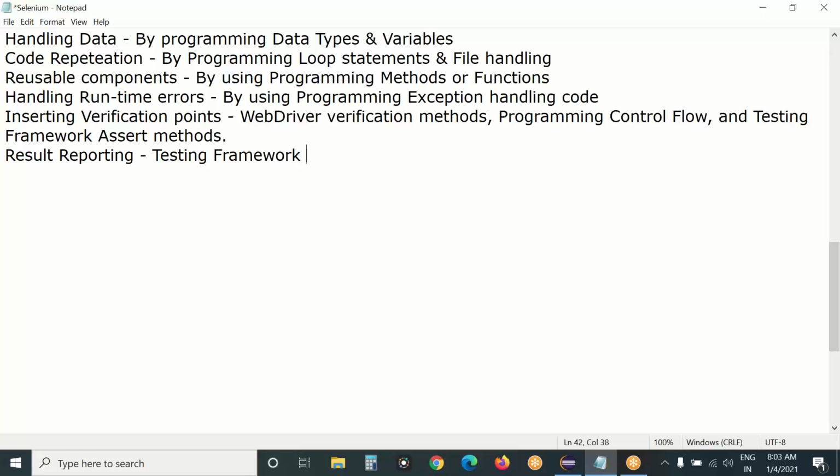Testing framework is also software. In our training program, we will use a testing framework. It is also open source. Testing framework support. This is the process